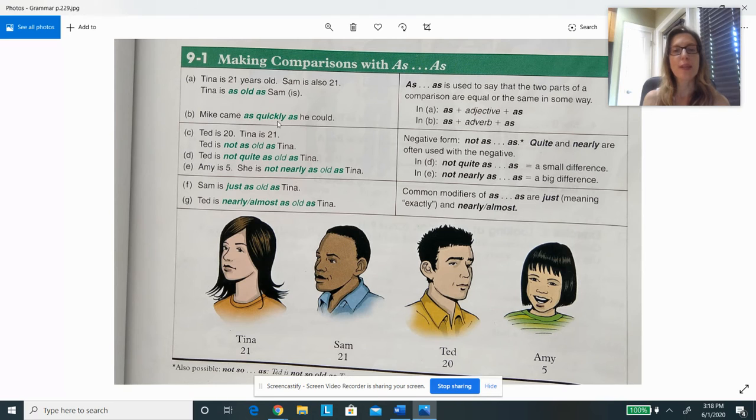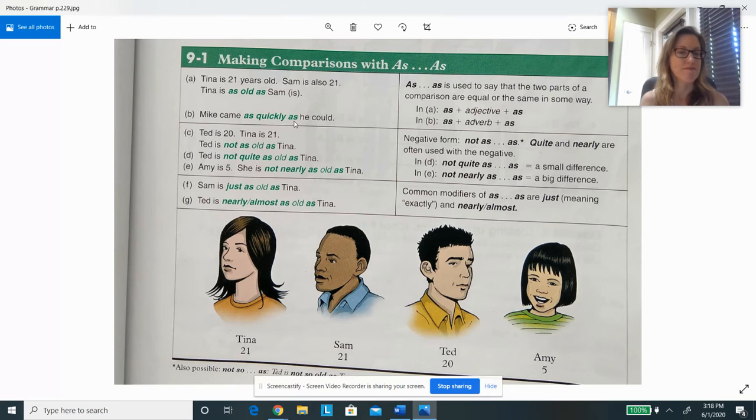Mike came as quickly as he could. Now, look at this word, quickly. It's not an adjective, it's an adverb. Okay, so you can put adjectives or adverbs between the words as to show that two things are equal or